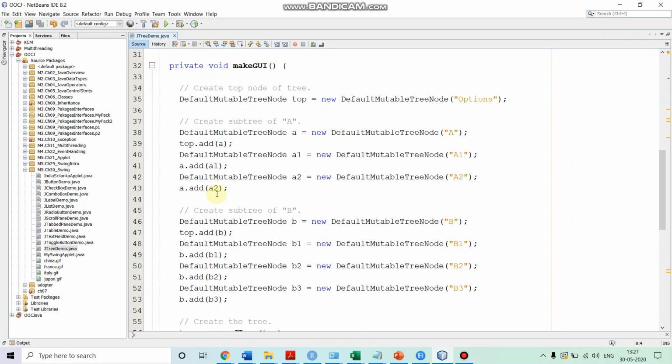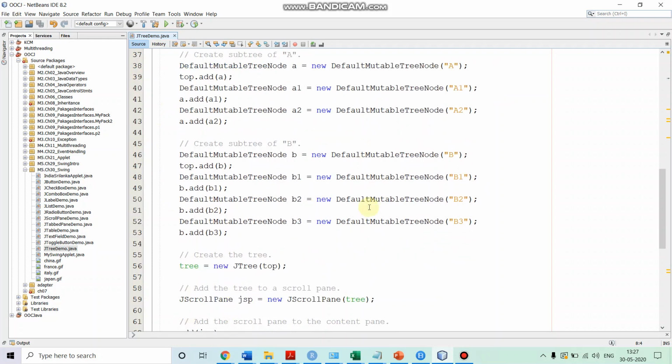Then after that we create a node B, and we add the node B to the top node, so it becomes the second child of the top node. Then we create three nodes, B1, B2, B3, and we add these three nodes to the node B. So on B we call the method add, and we add B1, B2, B3. So this forms our tree.